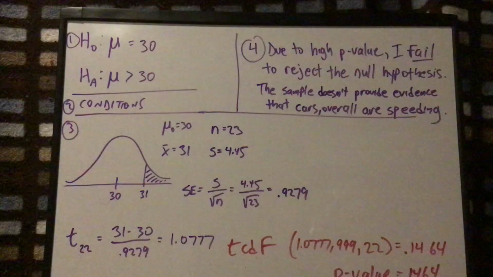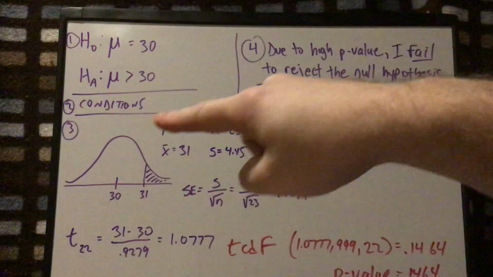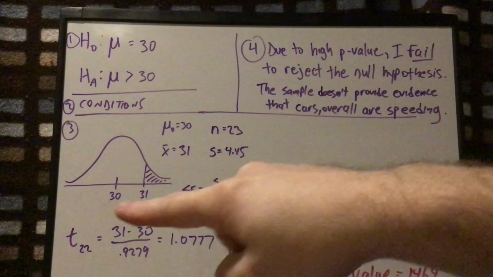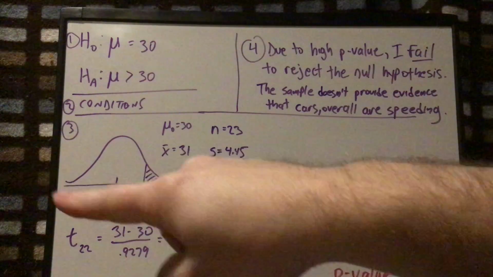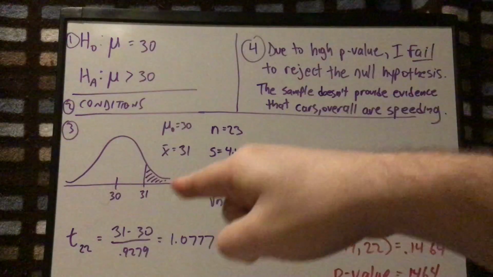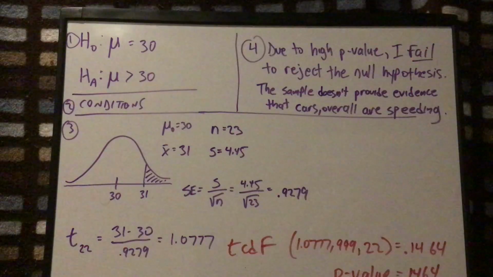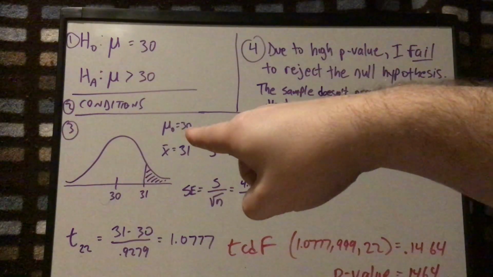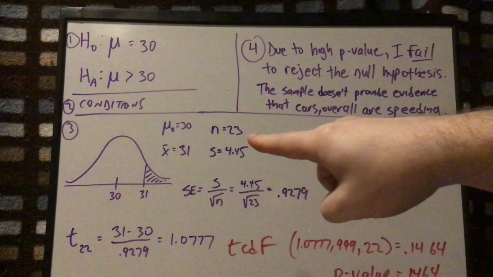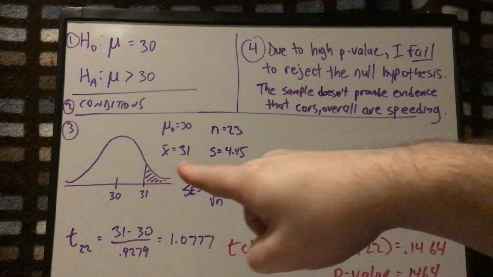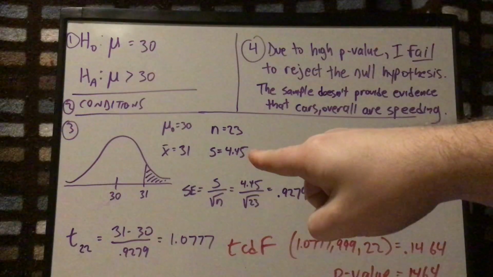Due to our hypothesis, the mean of our t distribution should be 30. So we're assuming that the population goes at 30 miles an hour. If that's the case and we take samples out, most samples should be around 30. Every so often we'll get samples that are out here. Fewer samples will have means farther away from 30, under our assumption. So that's our hypothesized mean for the population. That's the sample we drew. There's our sample mean. So our group of 23 cars came out 31, and they had a standard deviation of